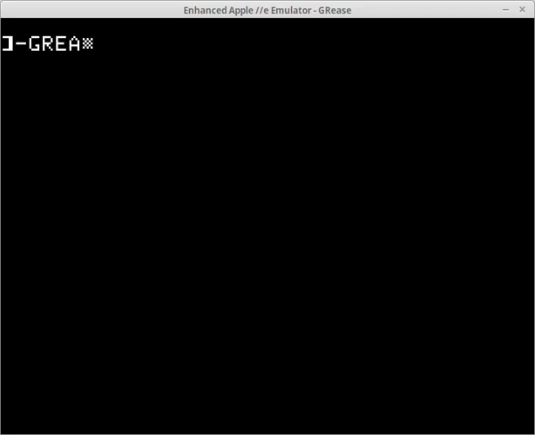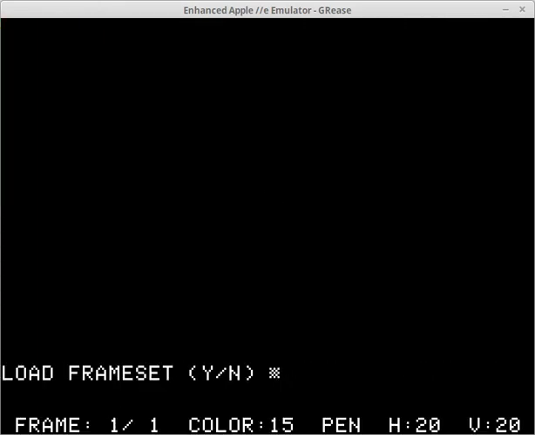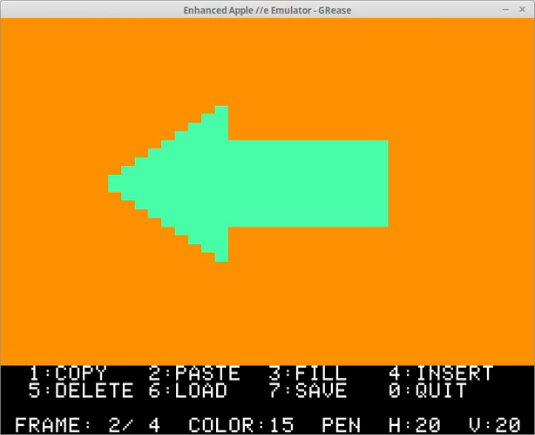So let's start by going into Greasel, our drawing program, and I have prepared a frame set for this demo, which is basically some simple arrows. Got a left and right arrow and up and down arrow and some nice bright contrasting colors, so very simple. And we'll drop to BASIC here,